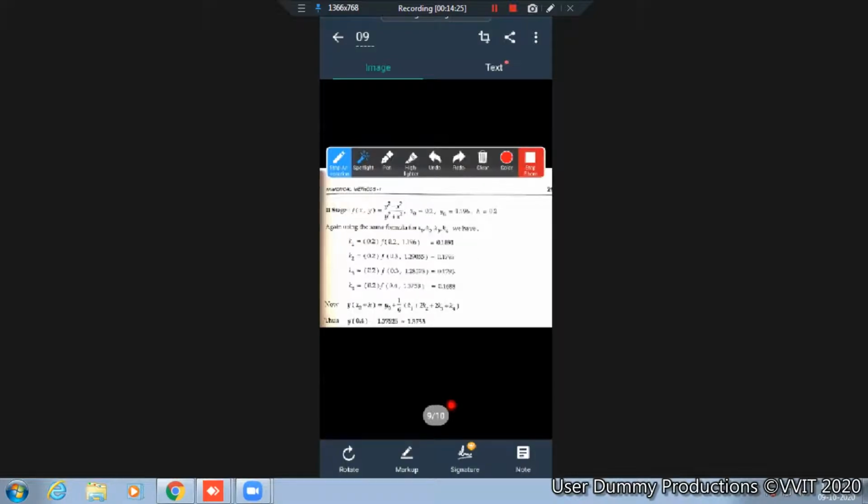So here also, when you start doing f of x naught plus h, x naught is 0.2 and h is 0.2, so you'll get 0.4 here. Similarly, y naught plus k3, y naught is 1.196 and k3 is 0.1793. So when you add these two, you will get 1.3753. Substituting these two values in this function and simplifying further, you get this k4 value, that is 0.1688. Understood? So this is how you compute all the four constants.